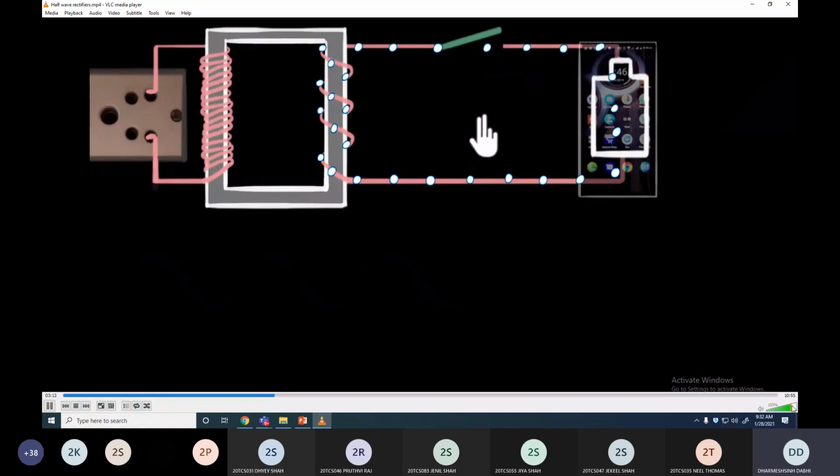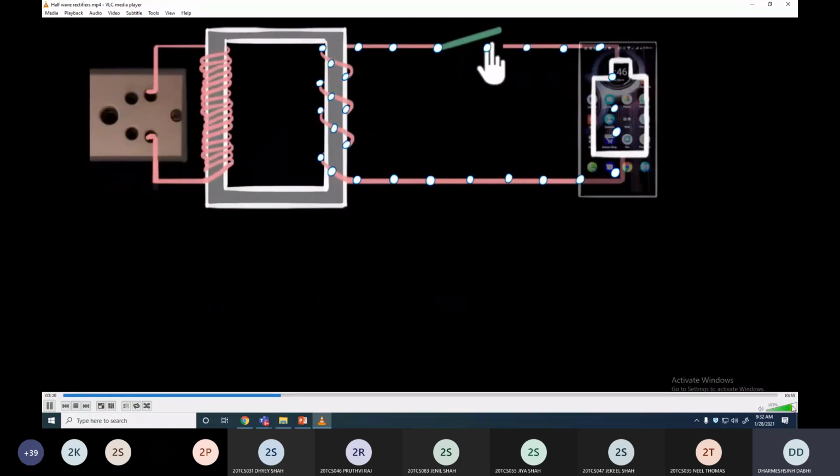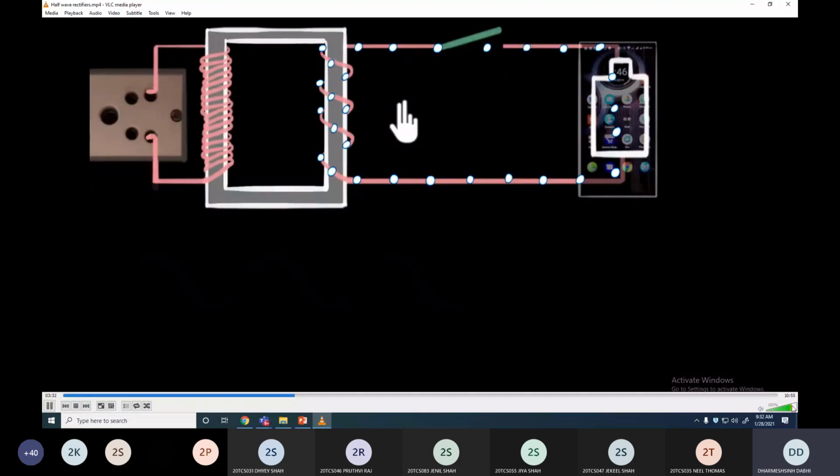But you can see that this is not a very practical method. In fact, the current is alternating 50 times per second, and no one is going to be able to do that, right? If only we had a way to automate this. If only we had some kind of an automatic switch which only allows the current to flow this way, but not in the opposite direction, that would be awesome. But we do have a device, a PN junction diode. This is exactly what we want.